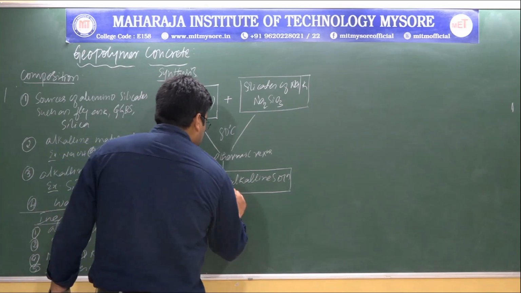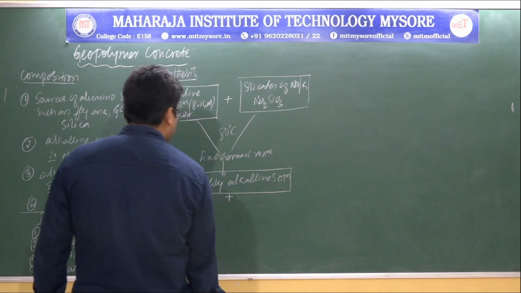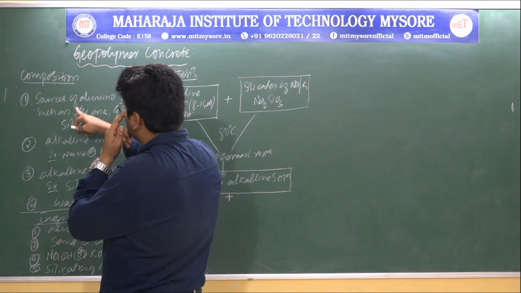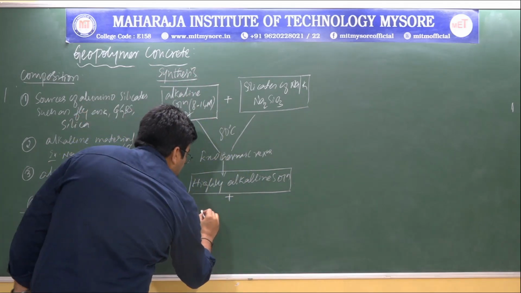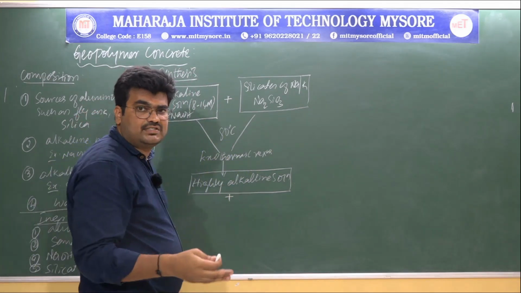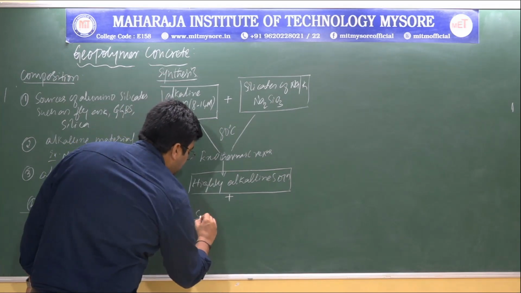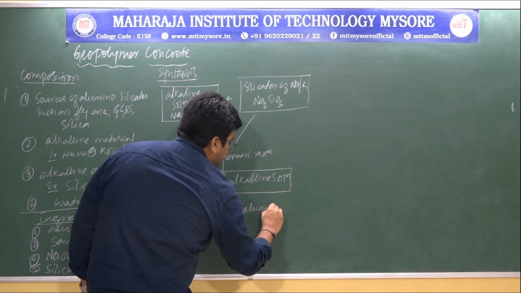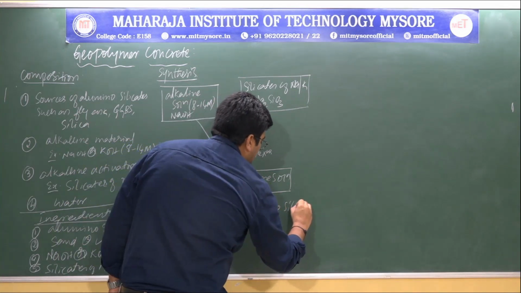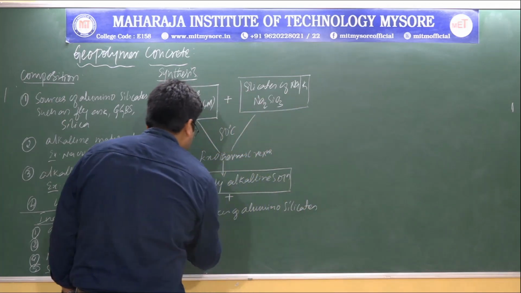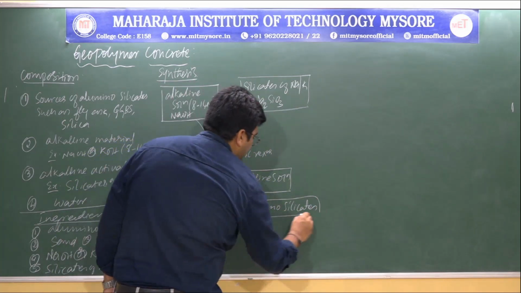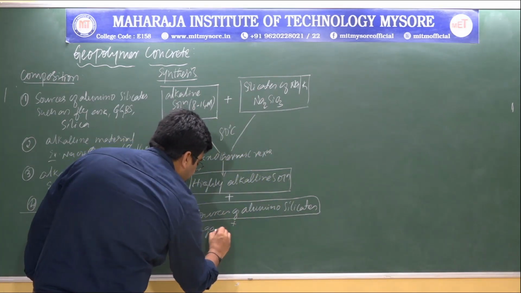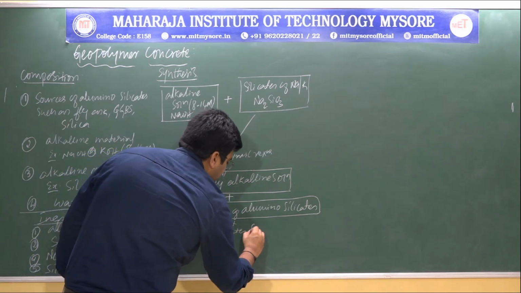After that you have to mix this with sources of aluminosilicates, right? They are usually called sources or precursors. So that's why sources of aluminosilicates. And then you have to mix with aggregates such as